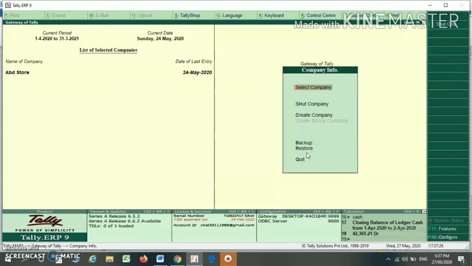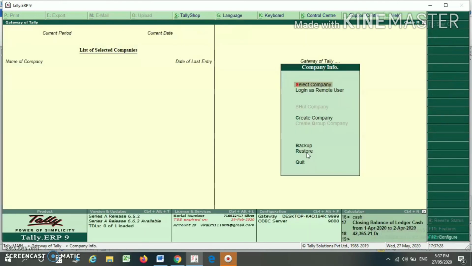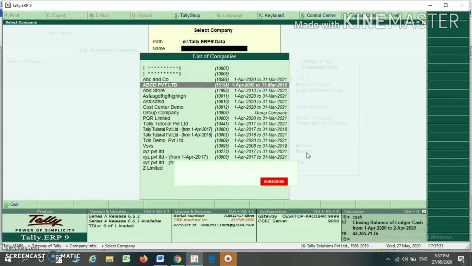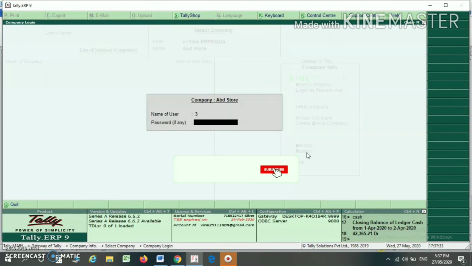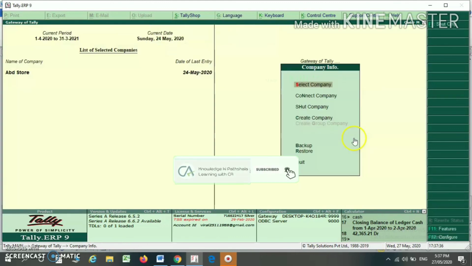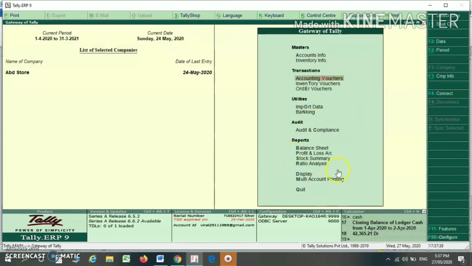Suppose now I shut down my company and I log in with the user ID and password of my manager, then you will find that the balance sheet, P&L, stock summary, ratio analysis, everything is activated. So in this way, you can use the various security features as well as create various security levels, password policy, user ID and password in your Tally ERP9 to protect your data.